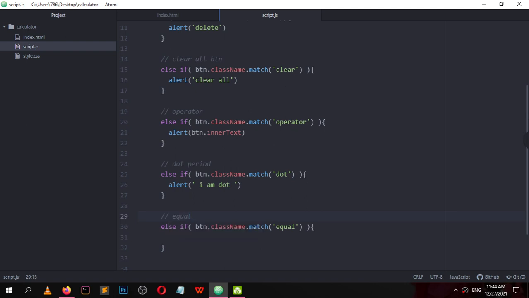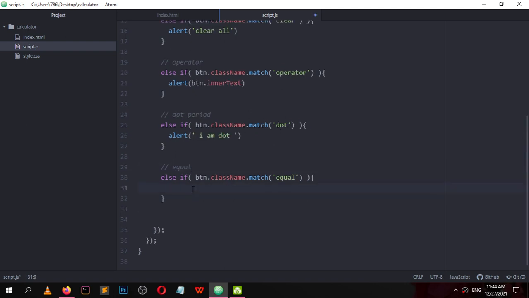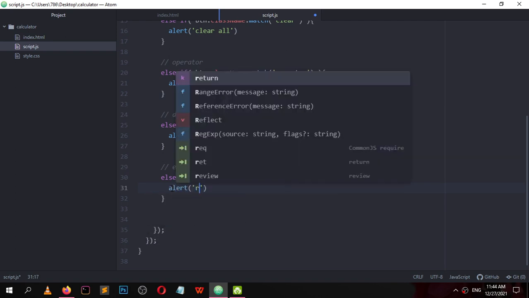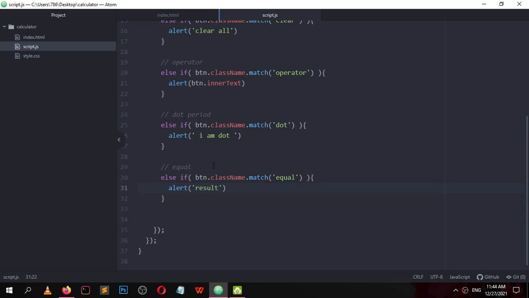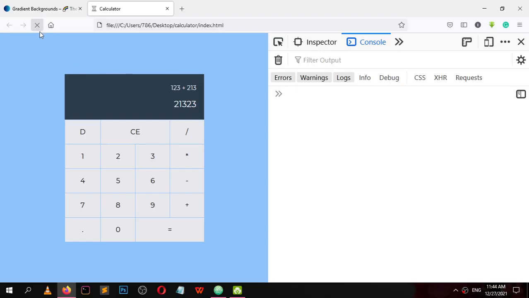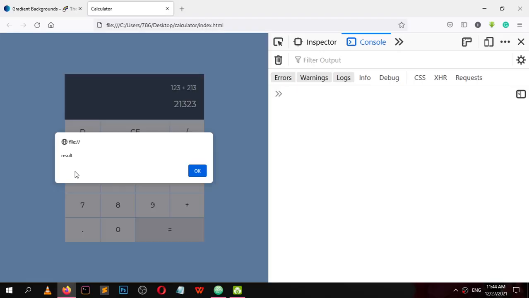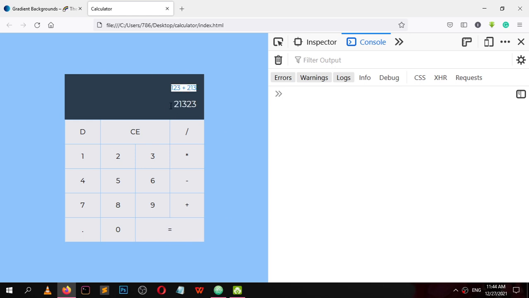As soon as this equal button is clicked, we should display the result. Alert result. Reload, and this will display our result here.